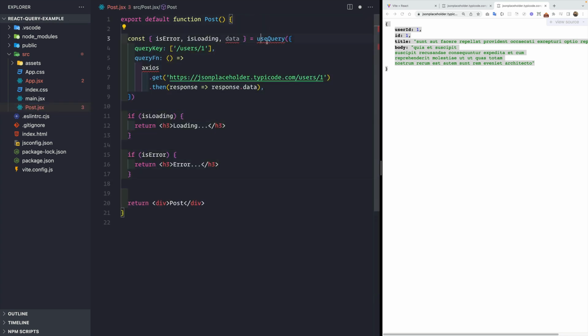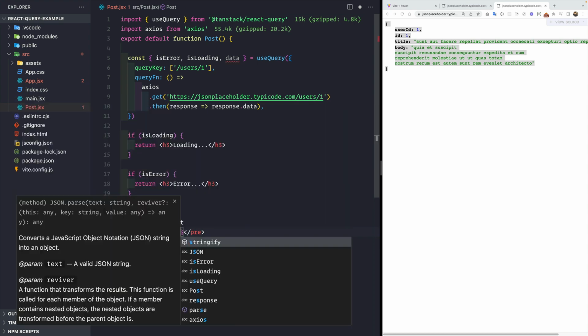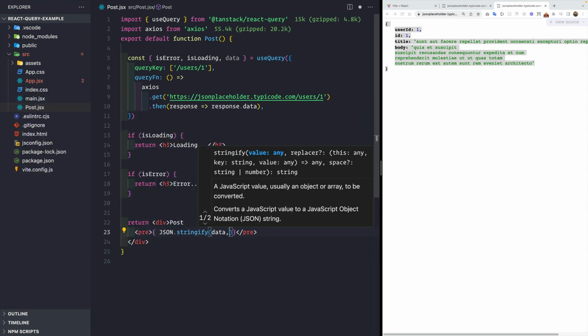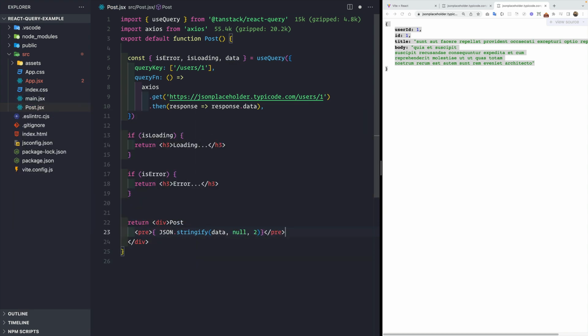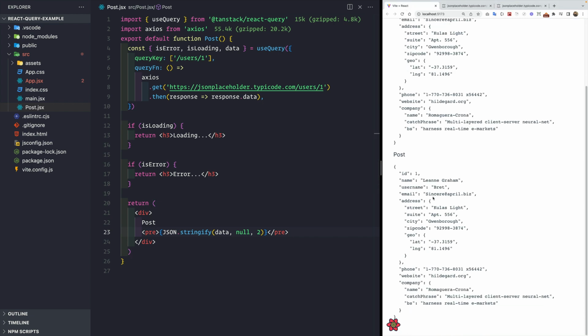Simply like this. We need to import the useQuery hook from TanStack React Query. We need to import Axios. So import axios from axios. And we can use this data here instead of this post thing to simply render out the post. So we can again use a pre tag here. So we can say JSON.stringify data null 2. So let's save this, and if we go back to our application, we see that we are having a look